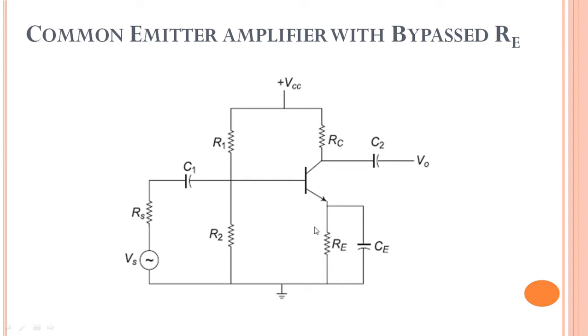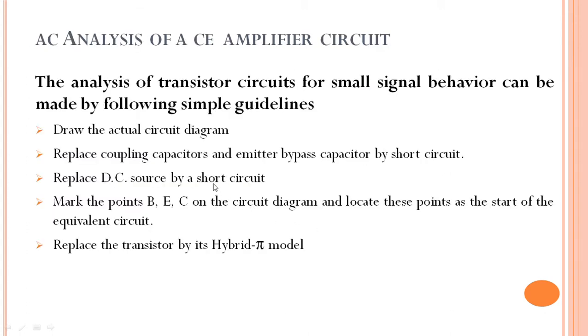amplifier circuit. The input coupling capacitor C1 will provide DC isolation between the source and the input base terminal, and the output coupling capacitor C2 will allow only the amplified version of the AC signal to pass and will block the DC signal. Now let us see how to draw the small signal hybrid pi equivalent of a common emitter